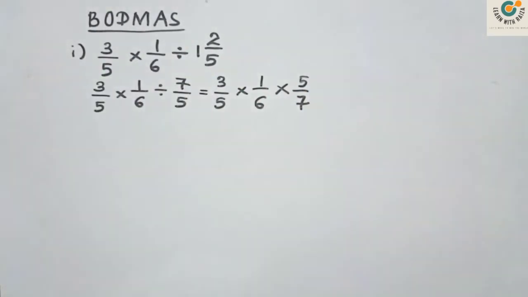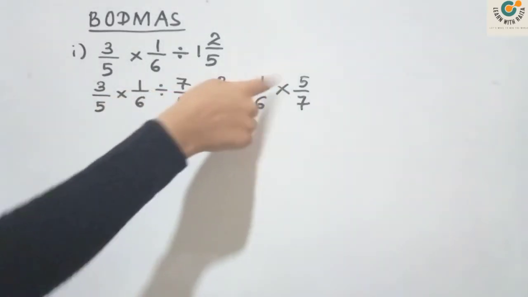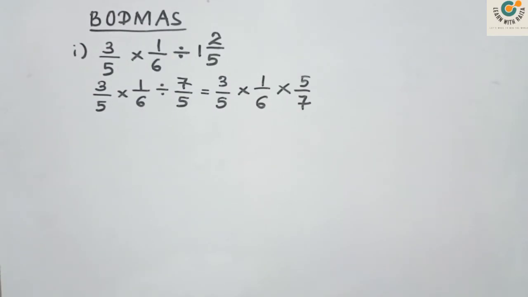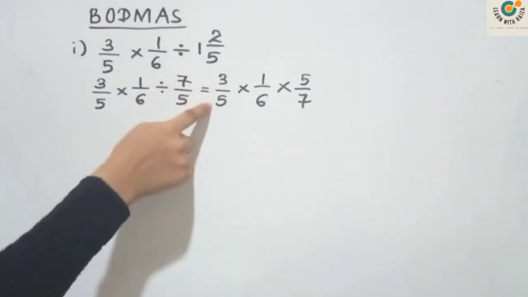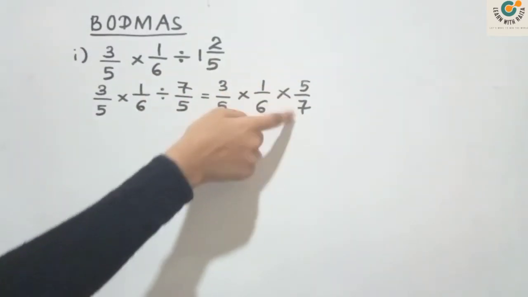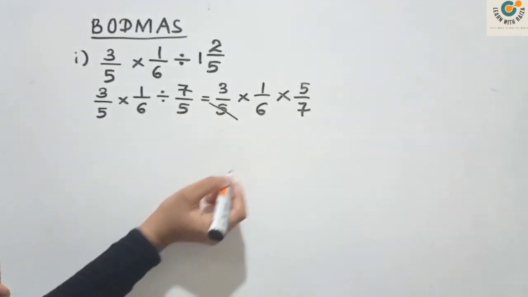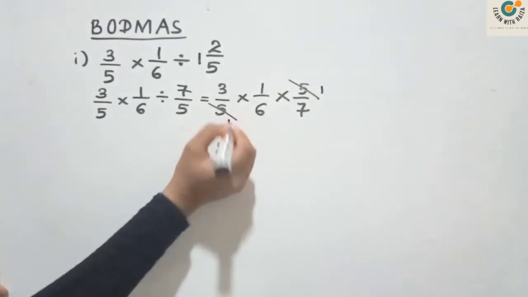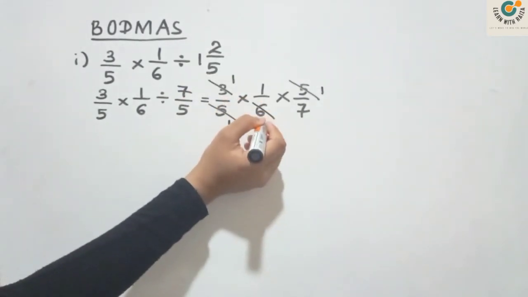Now, very comfortable. All are multiplication. So, you are learning this in grade 7. When all are in multiplication, you can just directly multiply or else you can cancel the values. First of all, rather than going to multiplication, to make your simplification easy and to save your time, observe whether you can cancel any, like this way or crosswise anyway. So, I saw that 5 and 5 are the same. 5 divided by 5, 1. 5 divided by 5, 1. 3 divided by 3, 1. 6 divided by 3, 2.